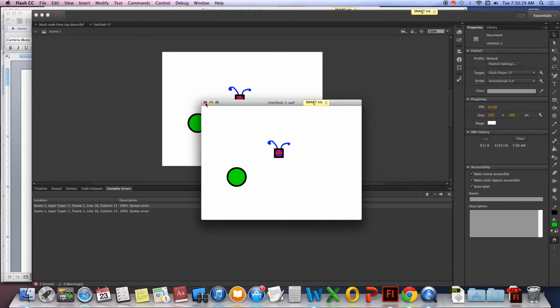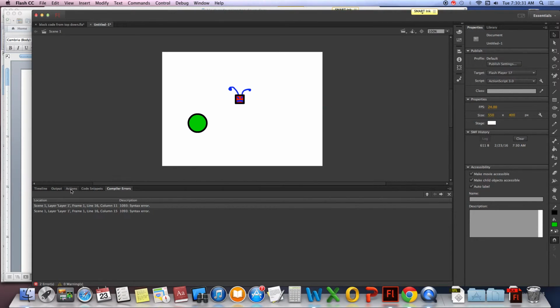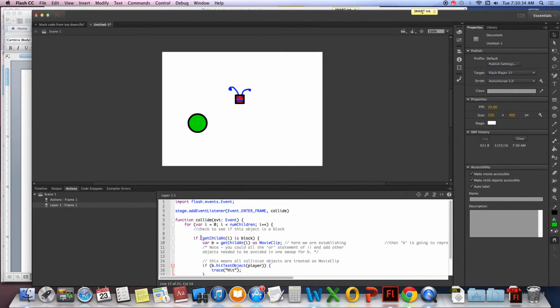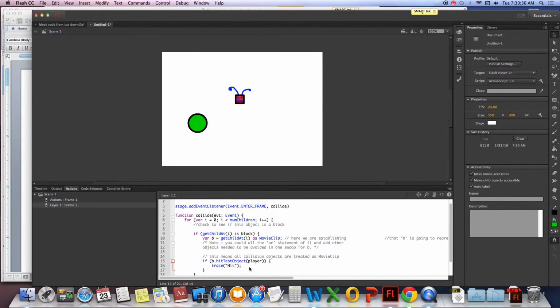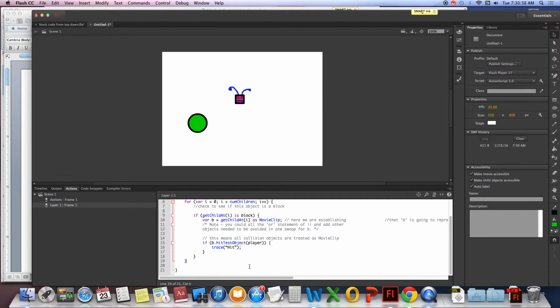Let's check that out. Line 16, actions. Line 16 says, this happens quite often. When you have a trace statement, typically your quotation marks go green. So if I just retype hit with quotation marks, because it's in Flash, don't ask me why, it won't have the little curly bumplies at the top and bottom of the objects. So when I run my program,